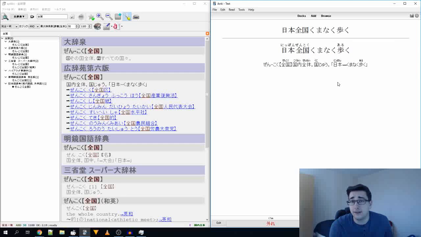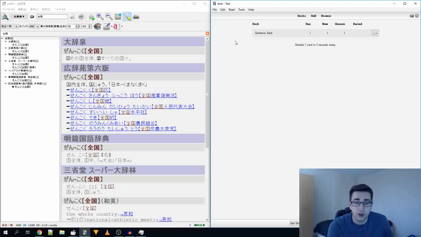And that's it, guys. You just keep adding sentences like this. You add sentences from any source you like. And that's pretty much it. Just do this until you reach 10,000 sentences. And providing you actually have a lot of immersion, a lot of reading and a lot of listening, you'll find that you'll progress really, really quickly. And yeah, there are ways of making this process a lot faster, but that is the basic idea of this process. That's all you really need to do.